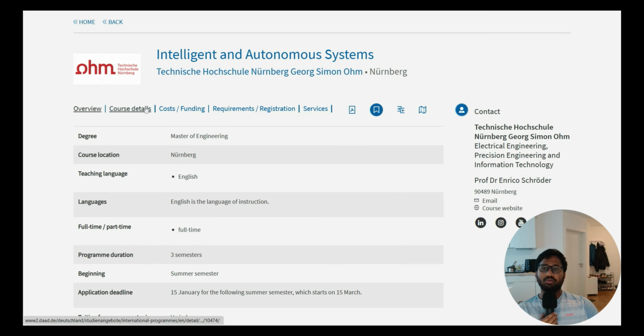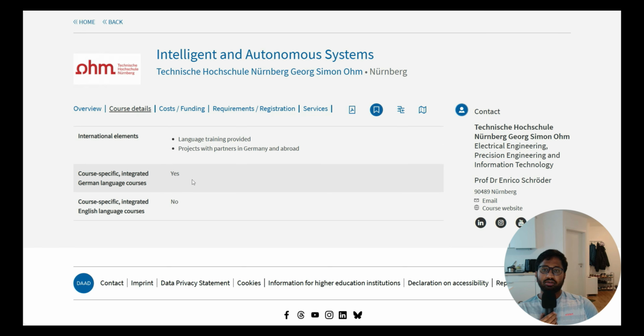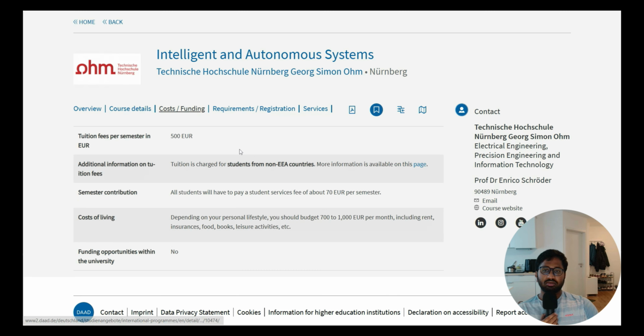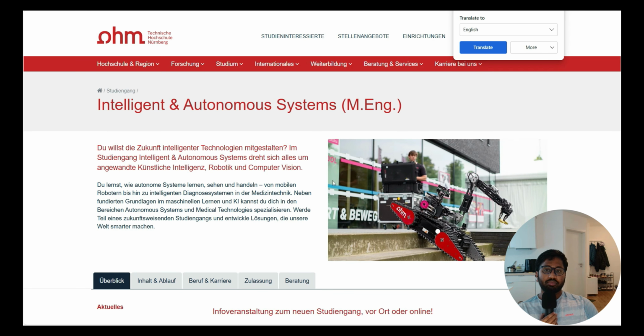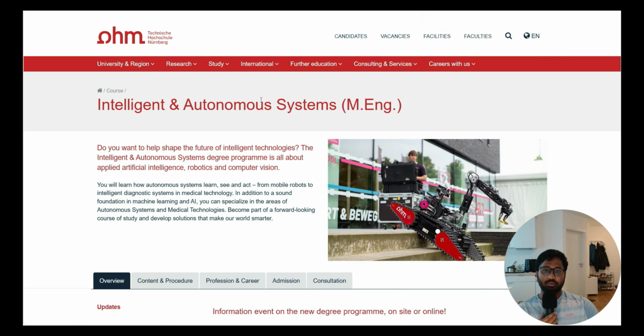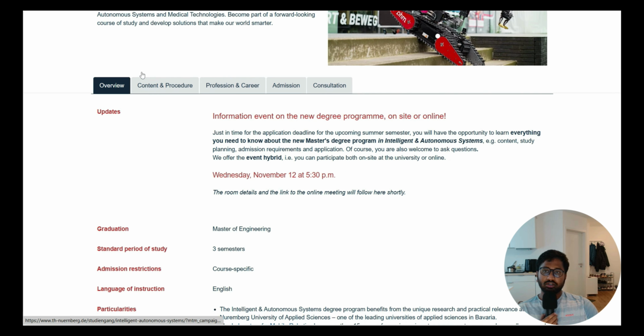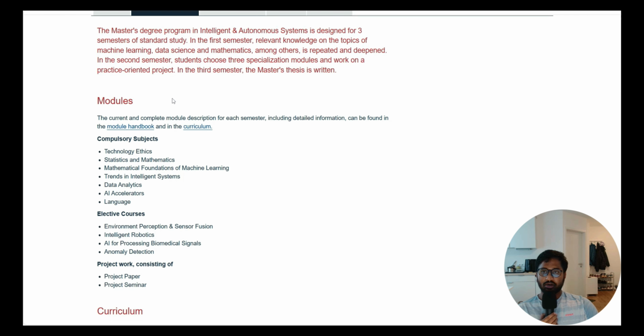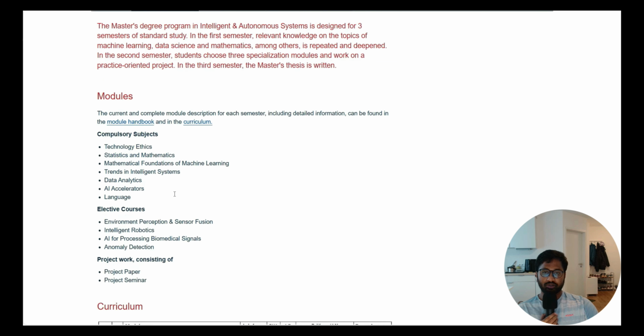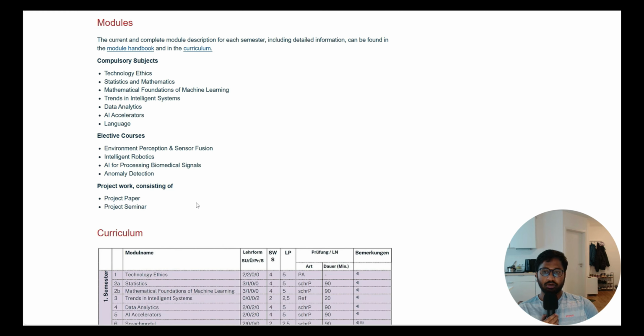But yeah, we will get to know more in course details. And here you can just see the course details is empty. So that's the reason I have already checked. Here there is a requirement and registration page where we can also go to the official website description. So here in the overview and all, we will just do whenever we do the requirement analysis. But for me, the main thing was content and procedure, what you're gonna do or learn in this particular